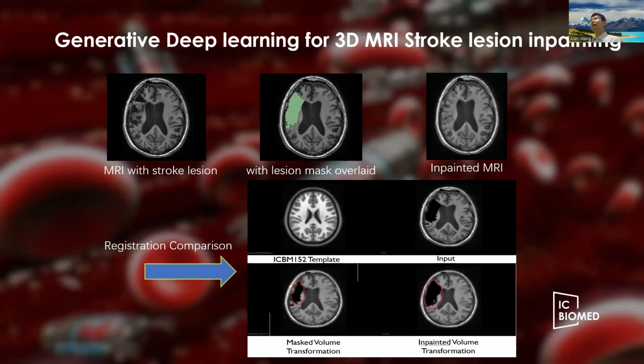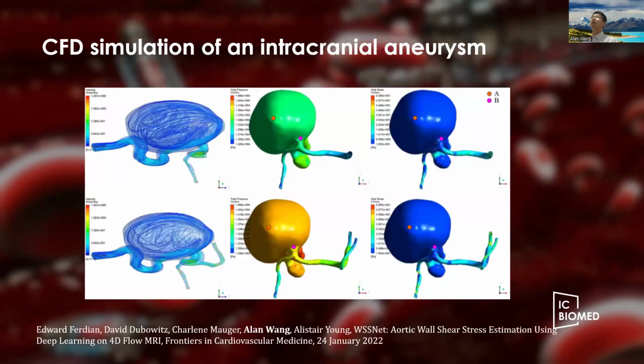Then we propose a new method to address this problem by filling in normal tissue for the region with a lesion. Then the brain may look like a normal brain. This will facilitate the registration, especially nonlinear registration from the personalized space to the brain template and atlas. Our experimental results based on the ICBM brain template registration show that this kind of lesion inpainting can really improve the registration accuracy.